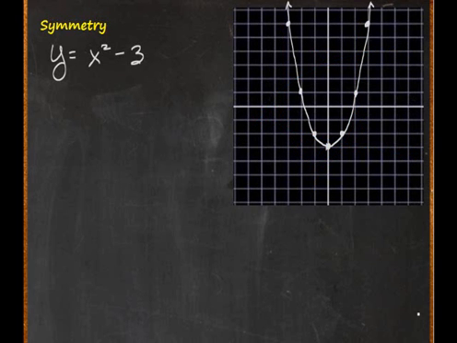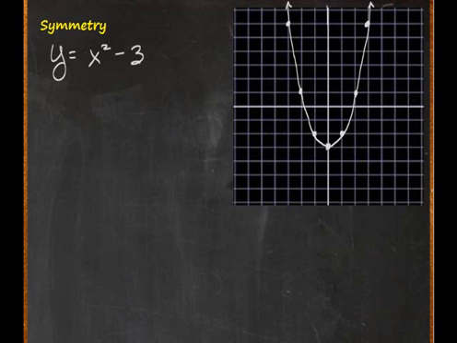Now that we've discussed how plotting points is the most basic way to graph an equation, you realize that when you have to choose a bunch of points to get a picture of a graph, that can be quite time-consuming. So hopefully there's a way to shorten that process. And one thing that we can do to shorten that process is take advantage of any time a graph has what's called symmetry. So take a look at the graph of y equals x squared minus 3,